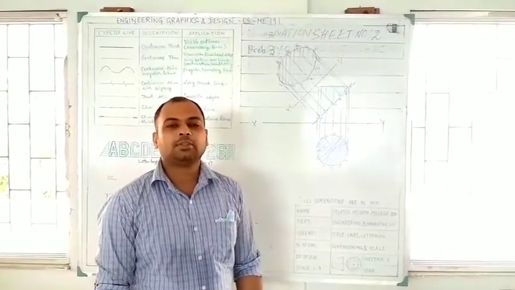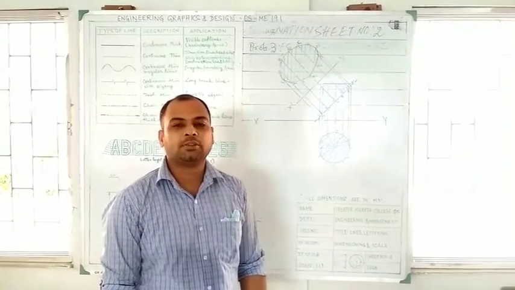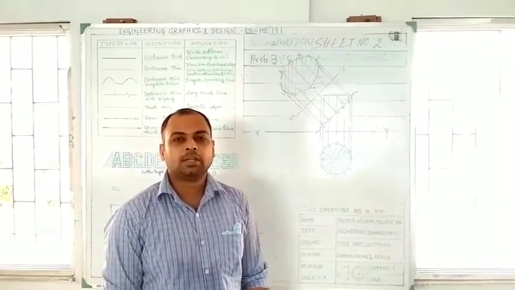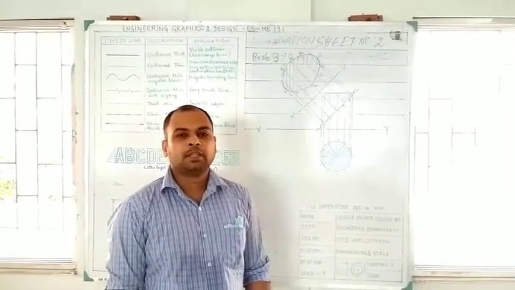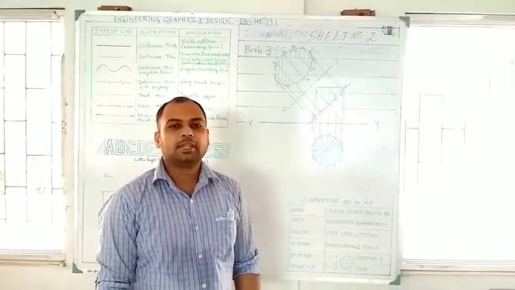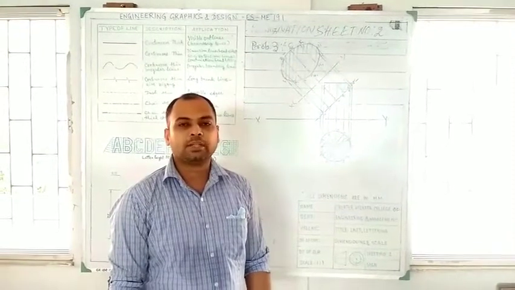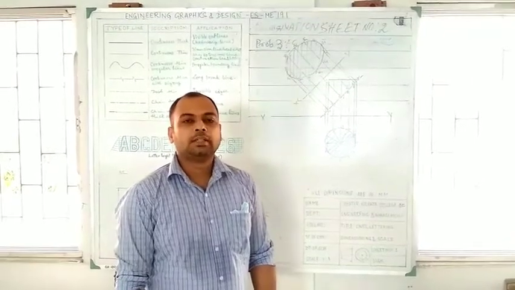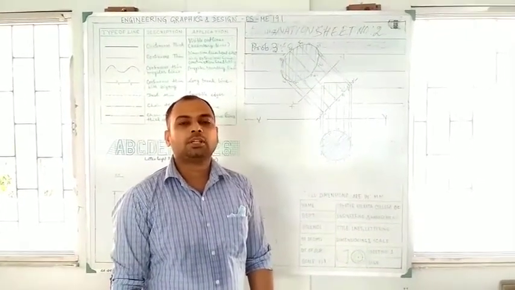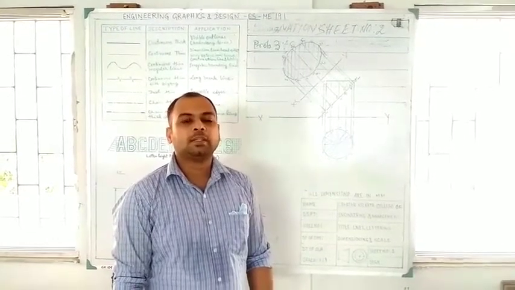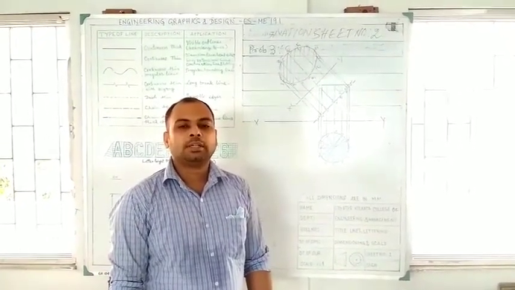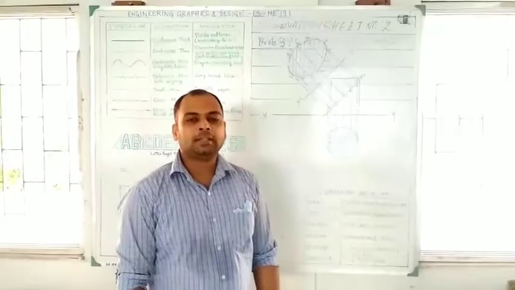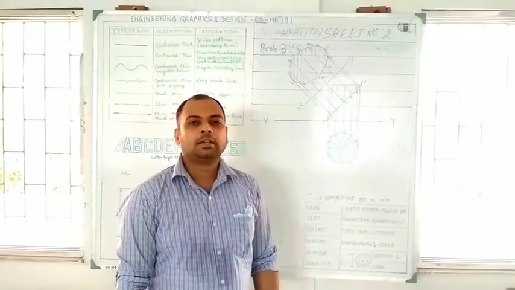Previously, in the first class, we discussed the basic features of engineering drawing, the basic tools we are going to use during drawing, the sheets, the sheet holders, and the drawing board as well. We also discussed the different types of lines that we commonly use during engineering drawing. So today we are moving to the second part of the first module, that is the lettering system. Today we are going to discuss the lettering system, and later we will also discuss the dimensioning system as well. So stay with the video till the end and we will learn about the lettering and